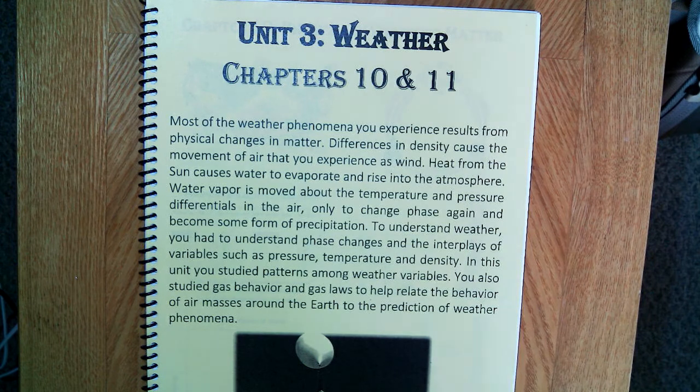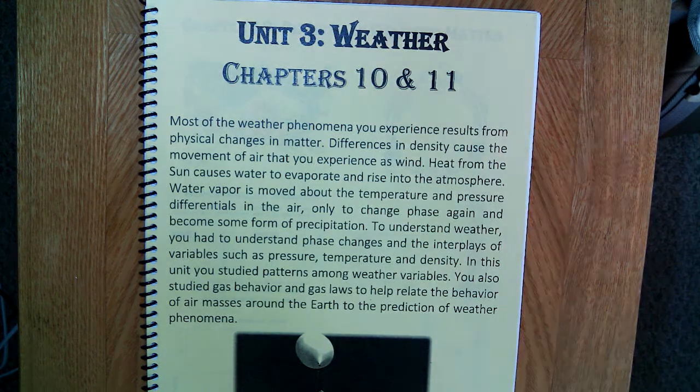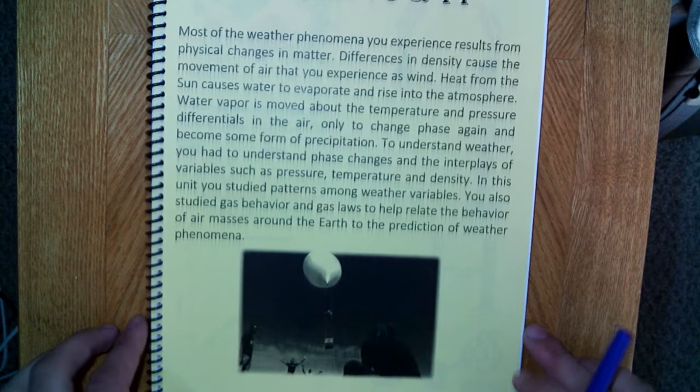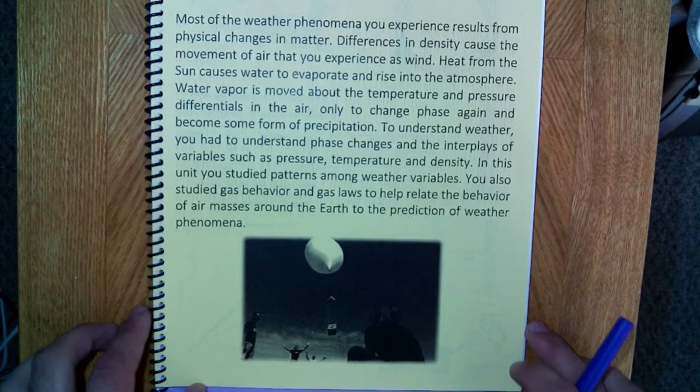Water vapor is moved about by the temperature and pressure differentials in the air, only to change phase again and become some form of precipitation. To understand weather, you had to understand phase changes and the interplays of variables such as pressure, temperature, and density. In this unit, you studied patterns among weather variables. You also studied gas behavior and gas laws to help relate the behavior of air masses around Earth to the